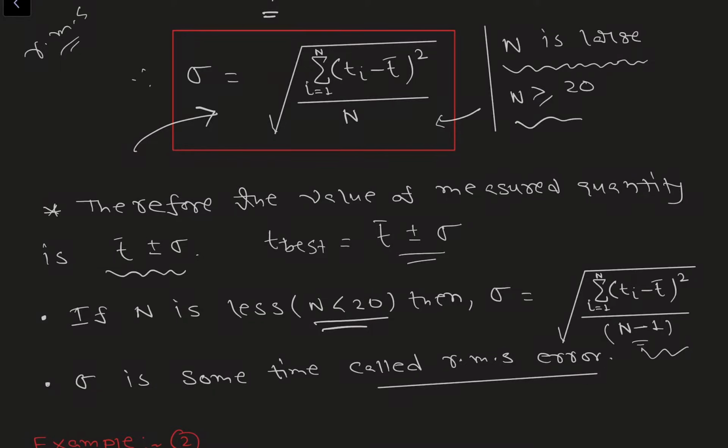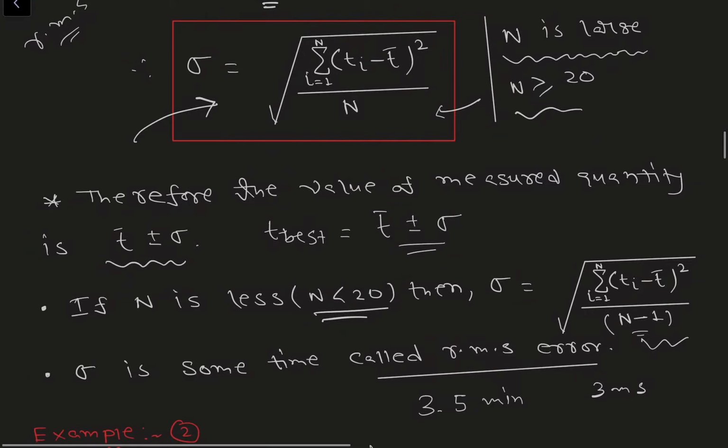Say for 30 oscillations, you calculate the total period is like 3 minutes or 3.5 minutes. Now when you start the stopwatch and start counting, maybe some random error of, just as a guess, 3 milliseconds occurs, and when you stop the stopwatch, again a random error of 2 milliseconds.